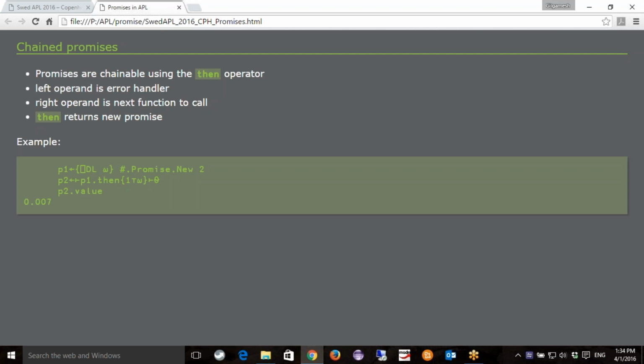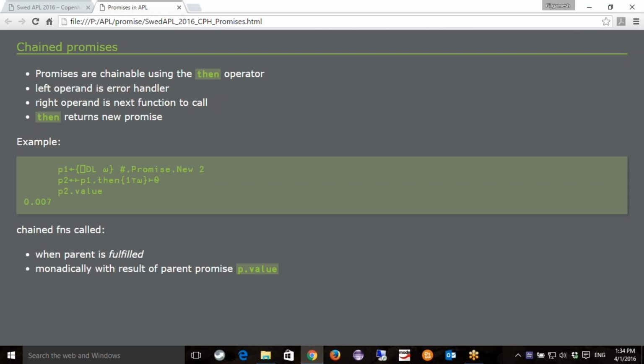And if we ask for the value of P2, which is the chained promise, after a couple of seconds have passed we get the result 0.007, which is the total time that quad delay reported. And these chained functions are basically queued up and executed once the parent is fulfilled.